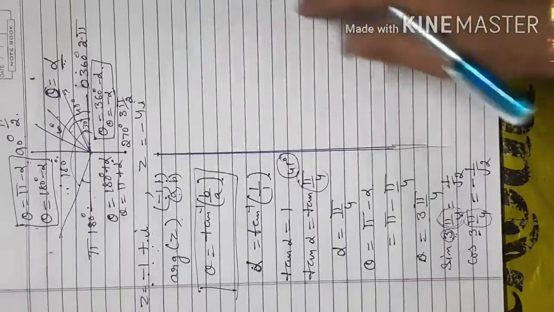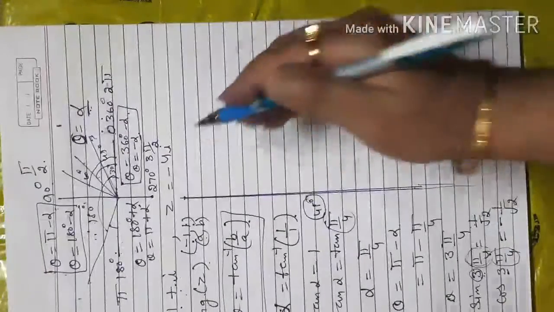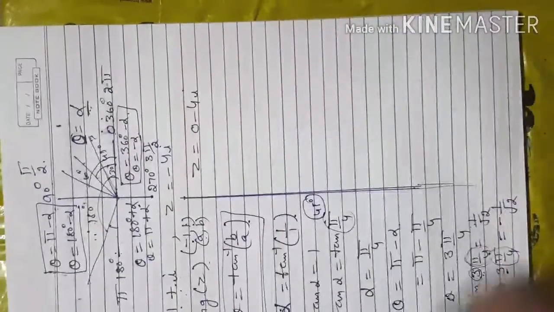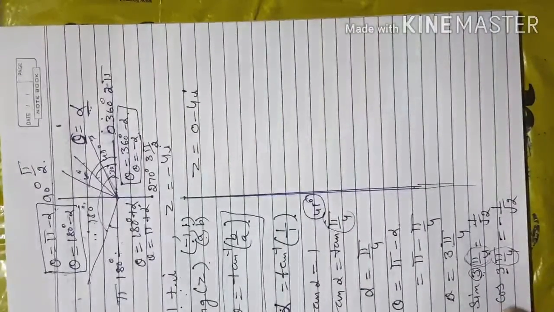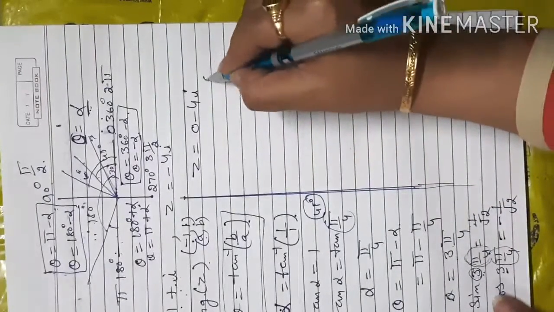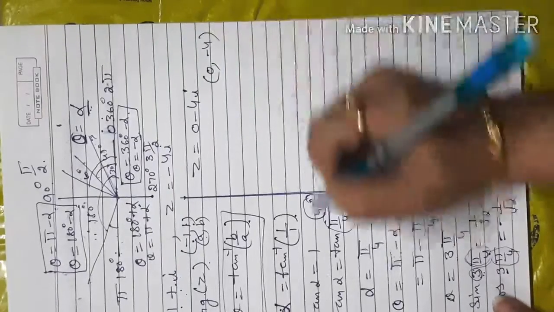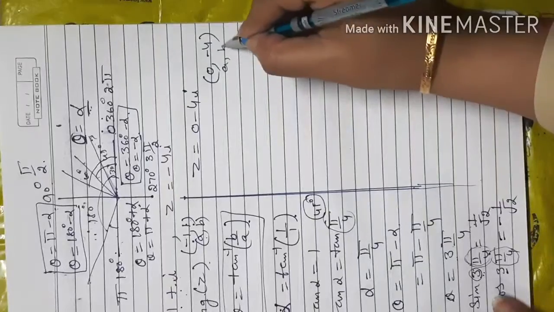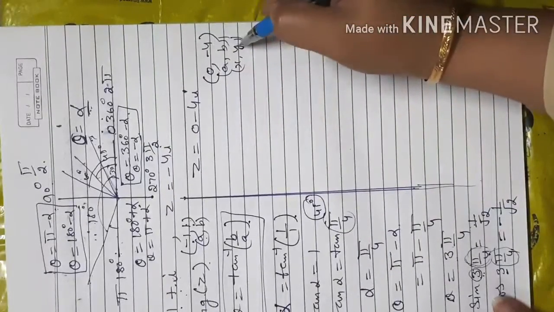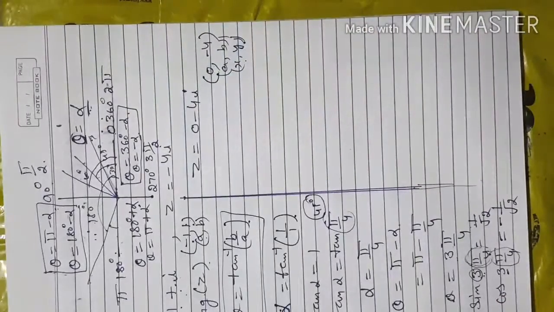Now have a look at another complex number. If I have a complex number z equal to minus 4i, that means z is equal to 0 minus 4i. So here, if I compare with the coordinates, the x part is 0 and my y part is minus 4, or the a or b part, or x or y coordinates. By looking at the negative sign, since the y part is negative and x is positive, it lies in the fourth quadrant.